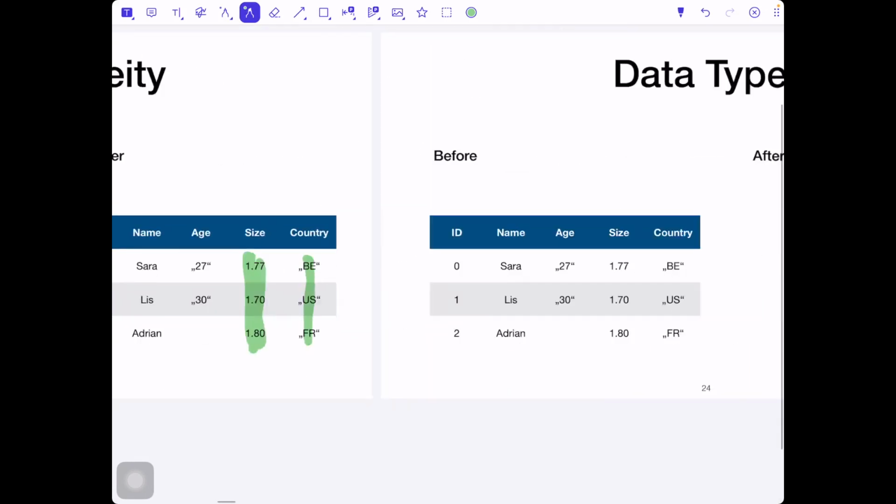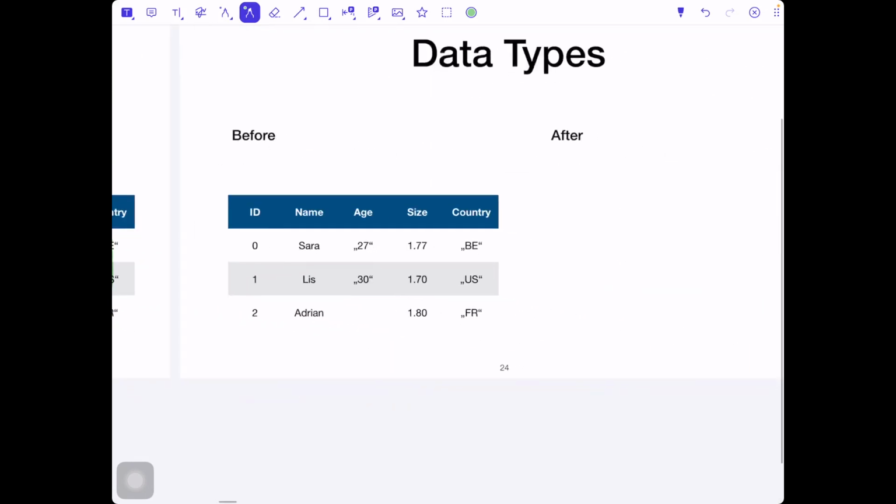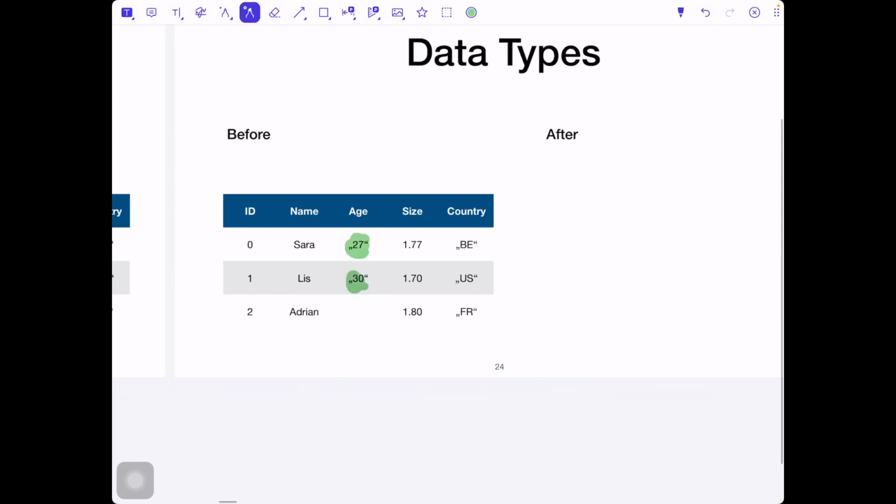Our next step, we see what is missing. Data types. You can see we have the age here, and the age is given in quotation marks, as a string. If we directly give this format to our PC, it cannot handle it. It can only deal with entries like words, with strings. But this is a number.